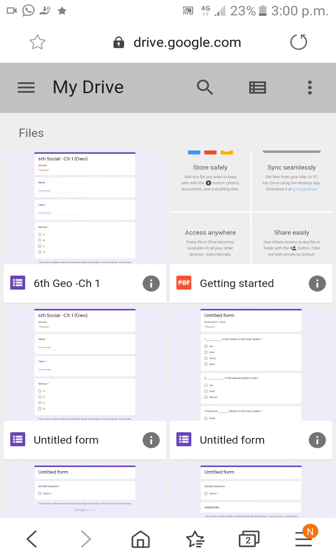Either you can see them like this, or if you are selecting by name, you can touch this. You can see all the forms here, right? Whatever forms you have created, everything will be here. If I want to select this form, just touch that and open it in new view.